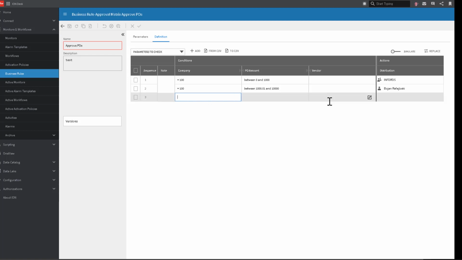But maybe there's a certain handful of specific vendors where, if the PO was for a specific vendor, then that needs to be approved by the head of that region or a VP or something like that. And we keep adding these. Now, I've only added a couple, but it's very common to add dozens or even hundreds of these depending on